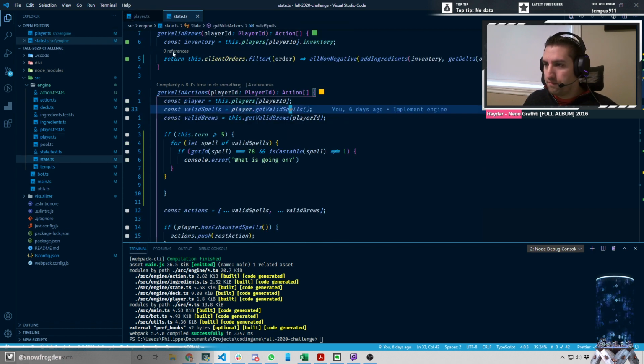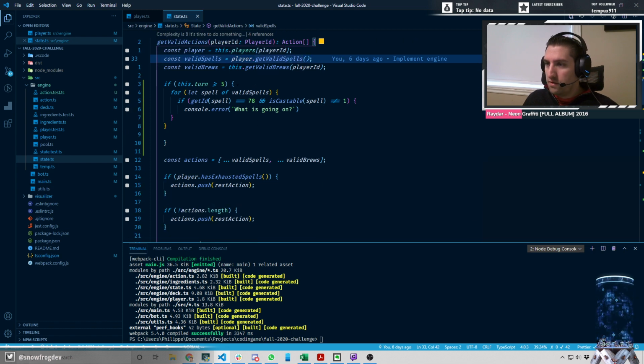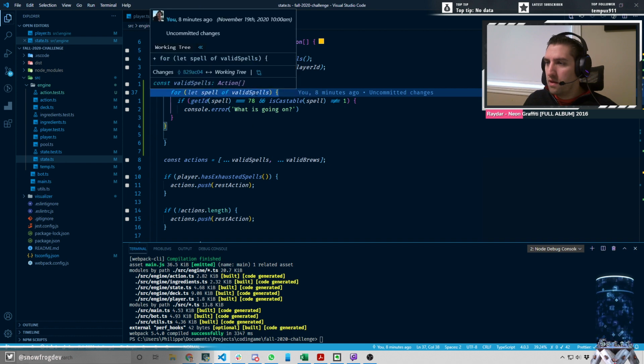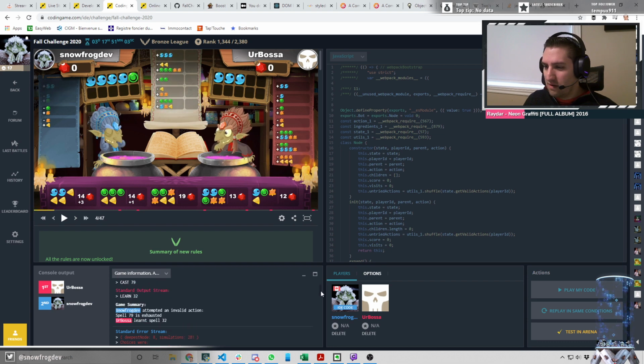So I went up a level to get valid actions, and now I've got this, and I have to put this in because otherwise it floods the console and it crashes. So I just do, in the first 5 turns, if one of the spells in valid spells is ID 78 and is castable, does not have the value of 1, right? Then let me know. And as you saw, that's not the case. We never get that log on screen,